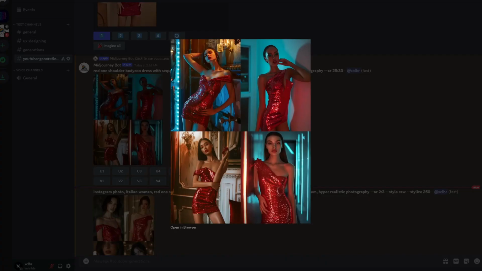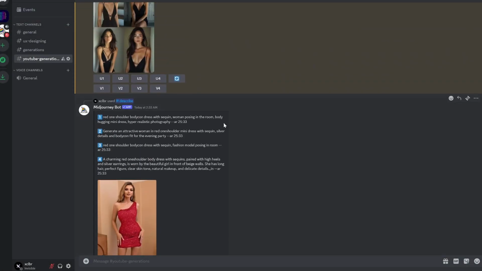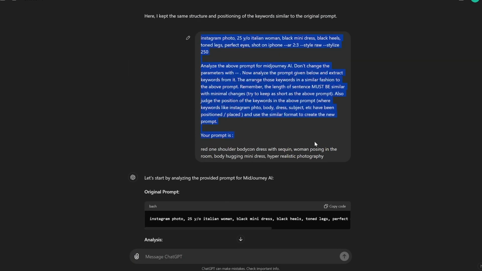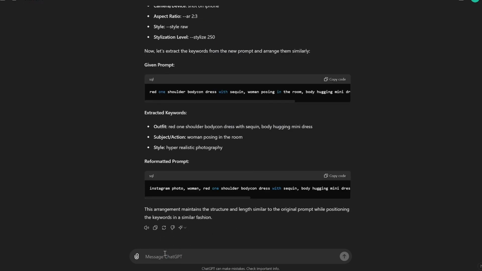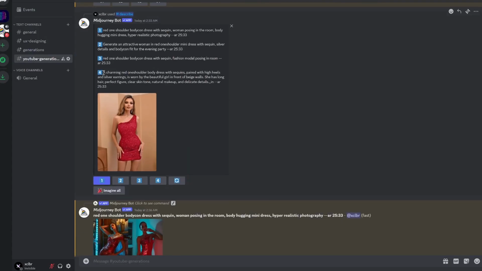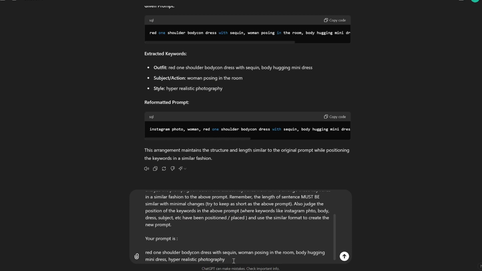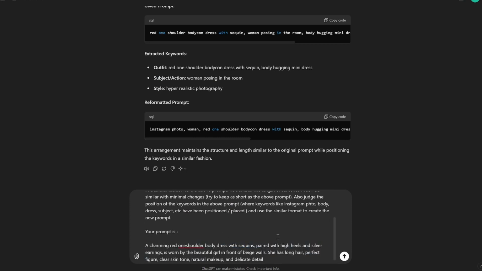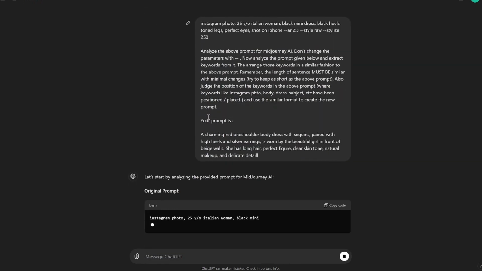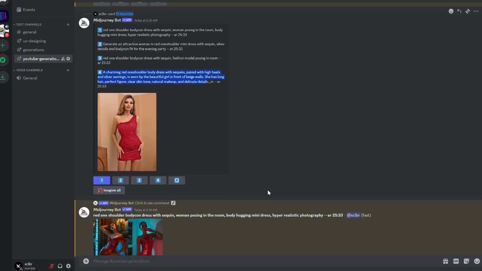And what you can do is that you can again copy this whole prompt, come here and choose a different one, because Midjourney creates 4 prompts, and we'll replace it and try to generate again. So it is going through the same process. I'll copy the code,